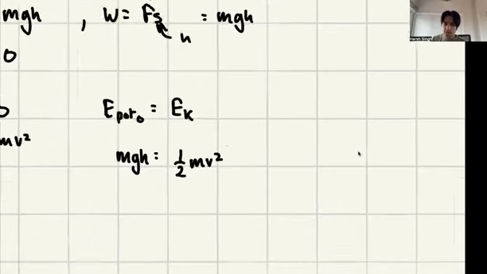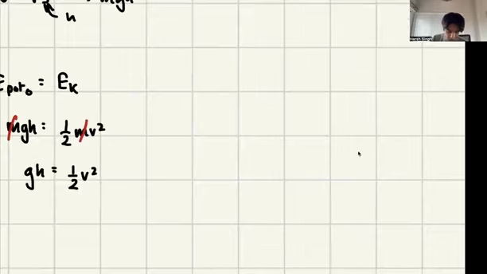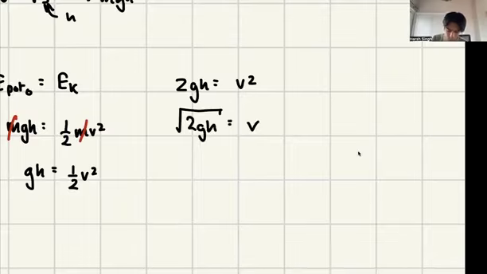Immediately, I can tell the m's cancel. And so thus we get that gh is equal to a half v squared, which then means 2gh is equal to v squared, which then means that root 2gh is equal to v. And we know that g is 9.81 and h is 50. So 2 times 9.81 times 50